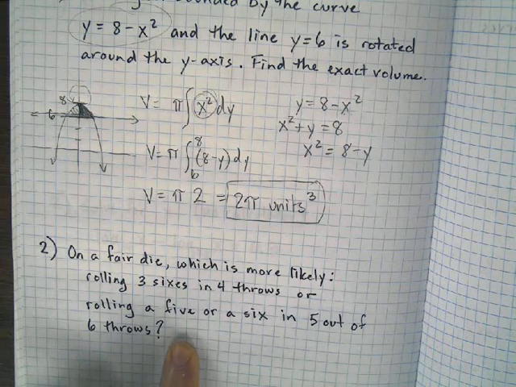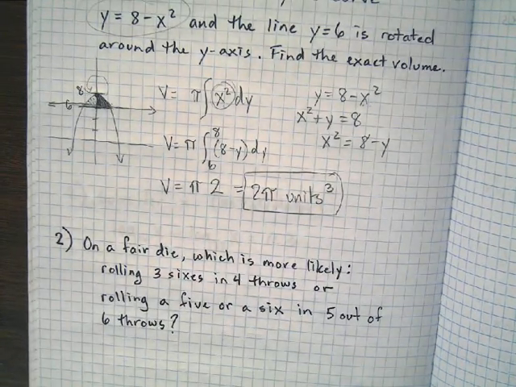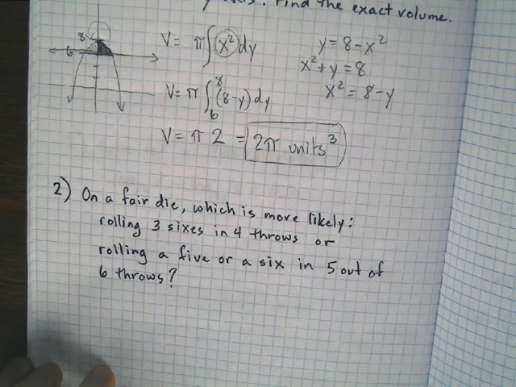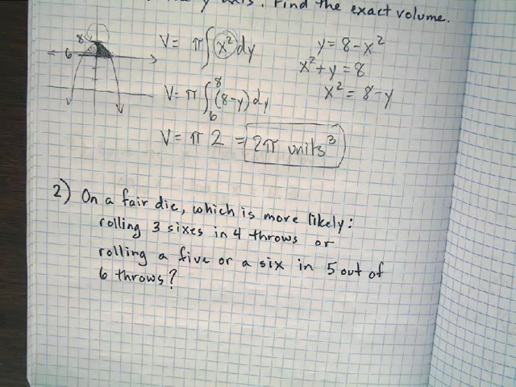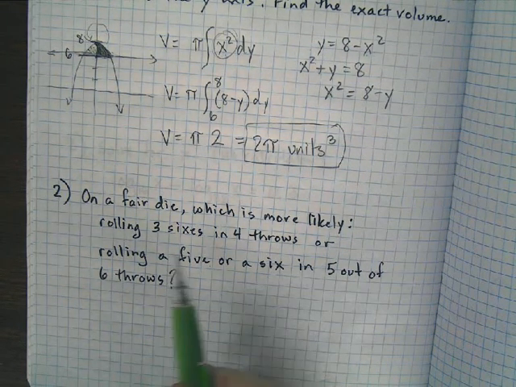We have a fair die. So in other words, just your standard 6-sided die. What is more likely to happen? Rolling 3 6s in 4 rolls, or rolling a 5 or a 6 in 5 out of 6 throws? Okay, so this does not sound like a normal distribution. This sounds like a binomial distribution, because you're either going to roll a 6 or you're not going to roll